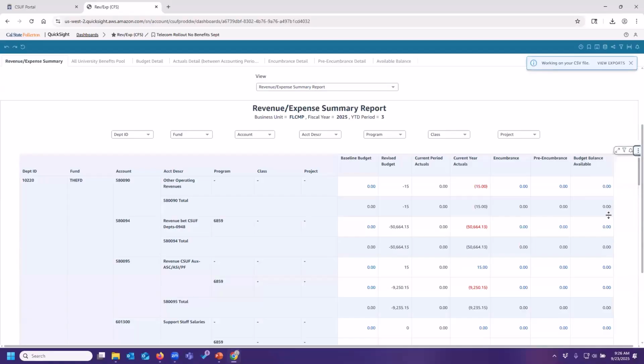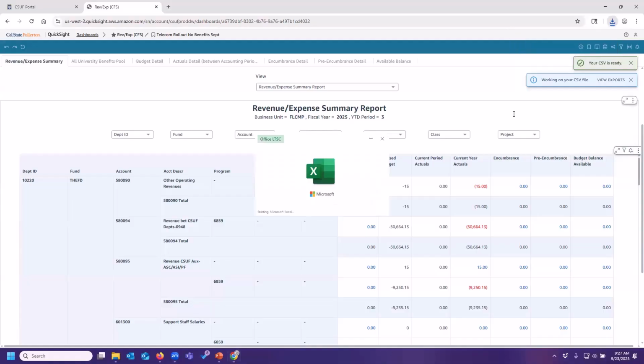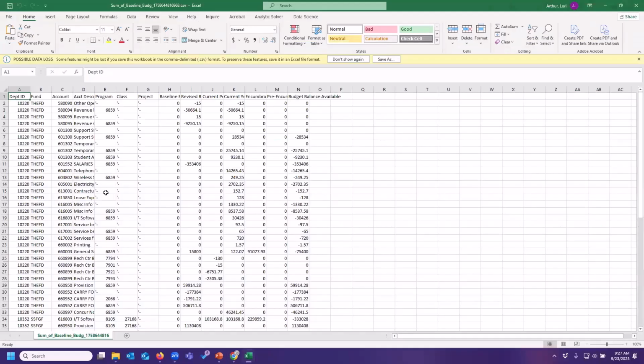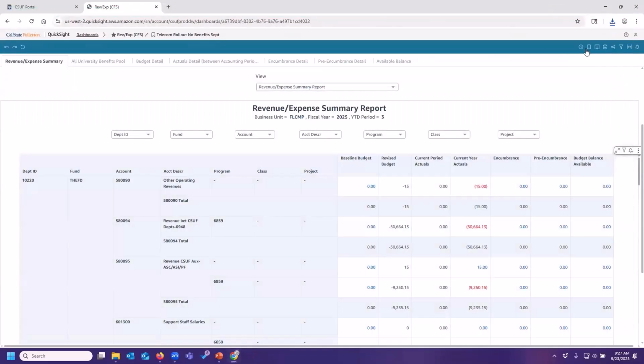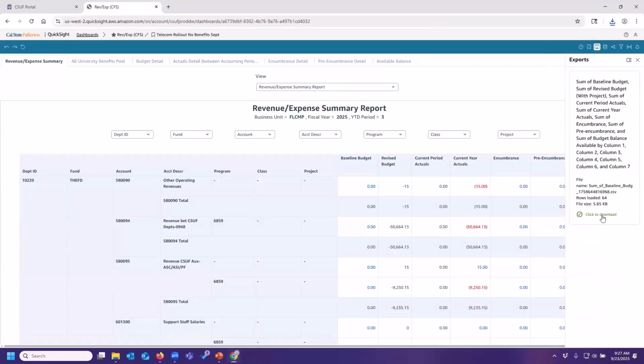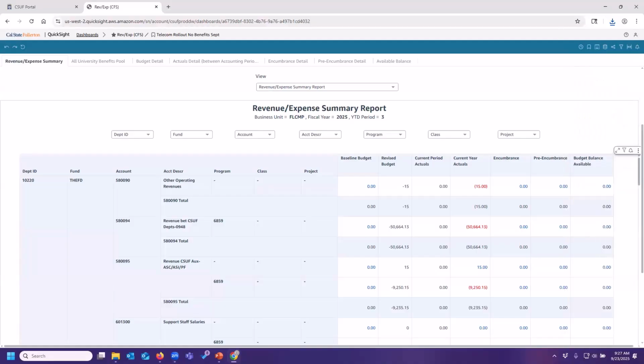So if I choose CSV, super fast. And this just downloaded directly to my downloads folder. But if for some reason it doesn't, you can always come here to export, view exports, and then click to download. And then it'll download to your downloads usually.